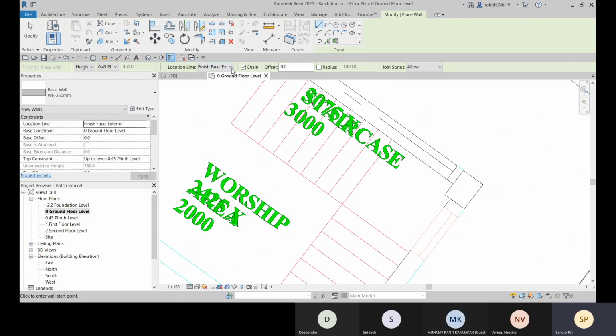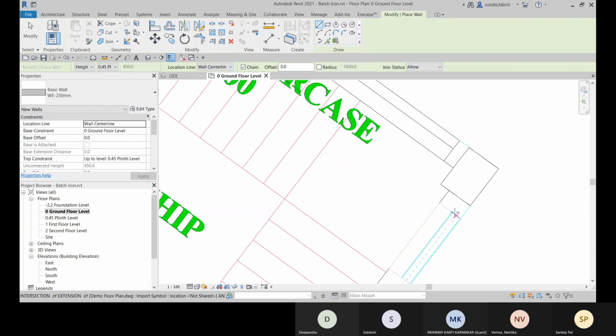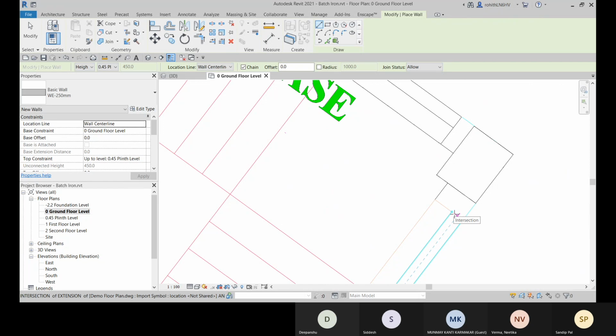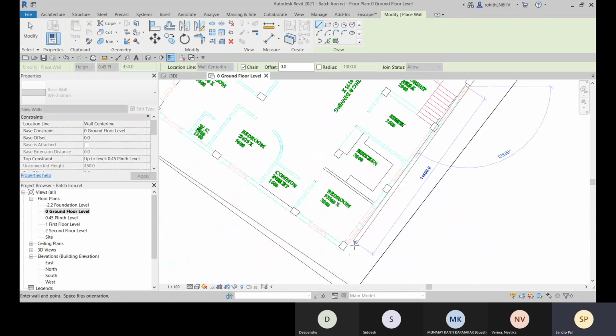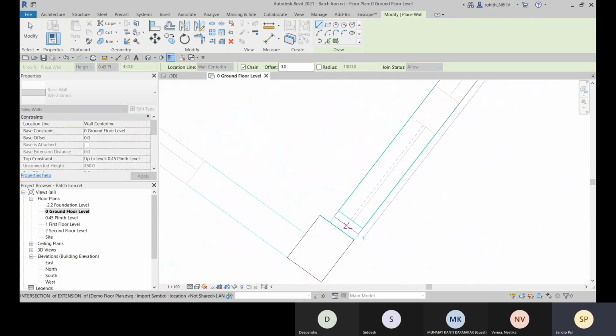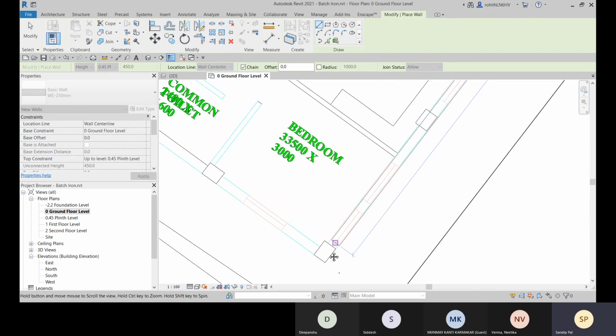And now let me go with this wall center line. SE, that is the shortcut for snap endpoint. SE, find out the snap endpoint. What's wrong with that?